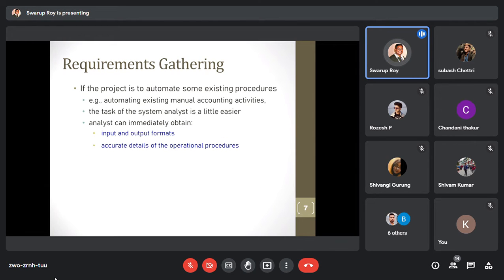So in requirement gathering, if there is no existing system available on the customer side, that means they want to do complete automation from scratch. Then, let us assume accounting management in Sikkim University, what they do,